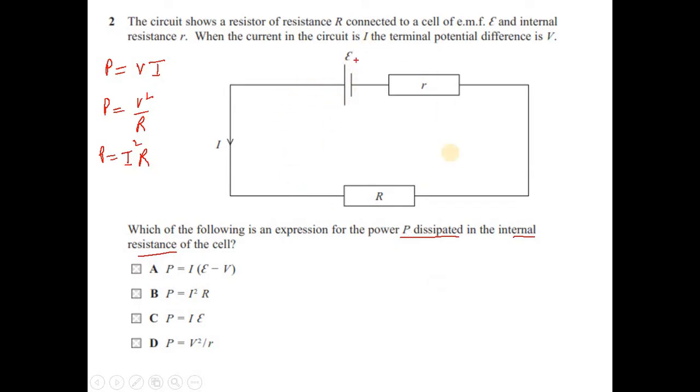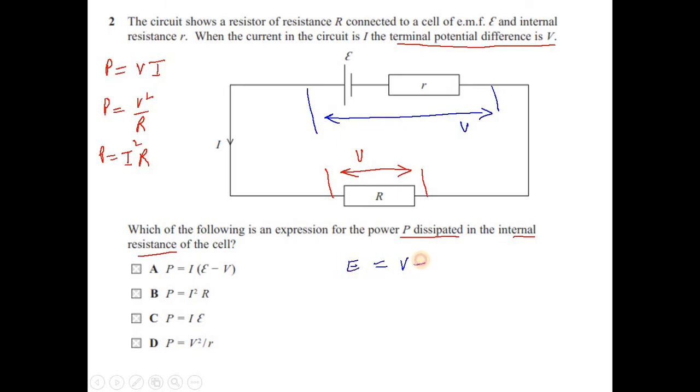So this whole circuit describes a current I flowing through the circuit. This is R, and the voltage across this external resistance is V, and this V is called the terminal potential difference. Remember, the terminal potential difference is this. So this V is across R, or you can say this is the terminal potential difference across the power supply, till here. So we have a relation between E and V, and you can say that E is equal to V plus Ir. This is the relation between EMF and the terminal potential difference, where Ir